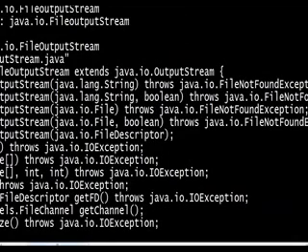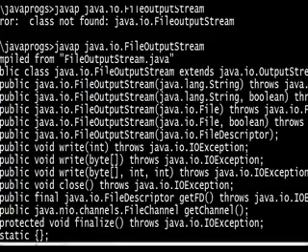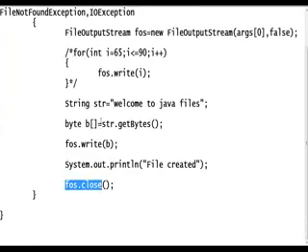Clear? Using this FileOutputStream class, we can write the data into the file. That is nothing but a stream. It opens a stream, FileOutputStream. Okay, using FileOutputStream, we can open it, we can write something into the file. It opens output stream. Output stream is nothing but a way of data flow from one place to another place. Stream itself is a way to flow the data from one place to another place. Clear? Now I will discuss file